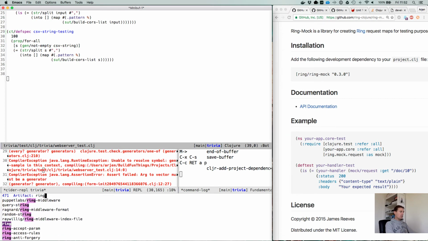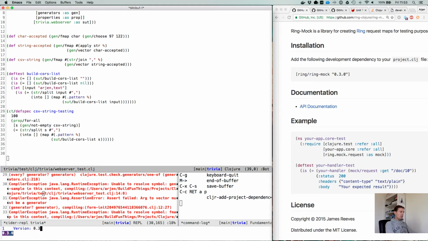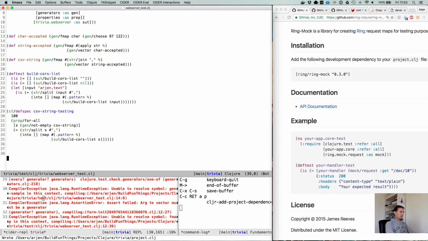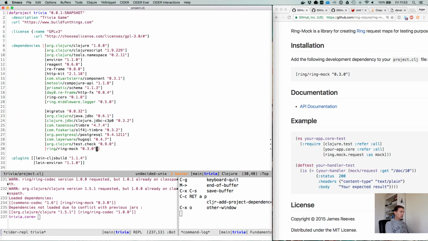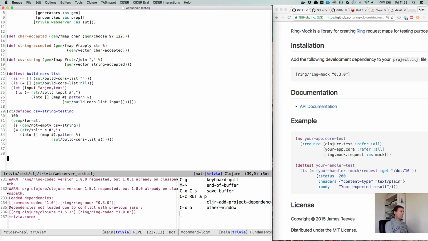What we need is ring mock. There we go, and version 0.3.0. There we go. Beautiful. Wait. So it was added nicely. Beautiful. And this case. So let's create a dev test API handler. We want to test our API handler, and let's just first start with is equals, and if we